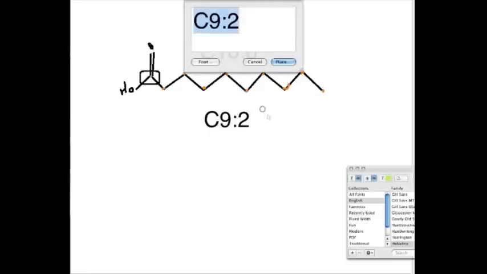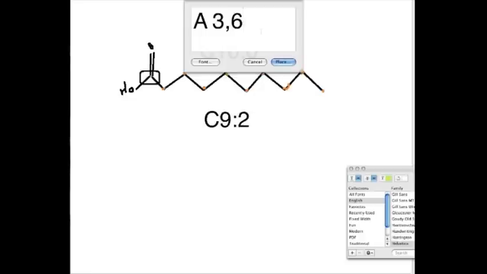You have C9 colon 2, and that's great, but you want to know where the double bonds are. I can't type a delta, so I'm just going to type what looks like a delta. That will be a delta, just for us. So it would be delta 3, comma,